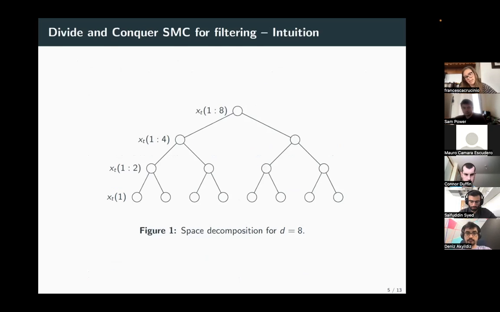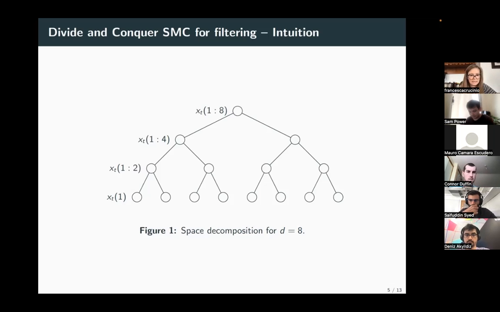What we propose instead is to still use a decomposition of the state space, which we embed into the divide and conquer paradigm that Adam discussed at the masterclass, and I'm going to briefly review in the next slide. In this way, we only need to evaluate the joint density of state and observation. We don't need expressions for the marginals. If we have them, we can use them, but it's not a requirement.